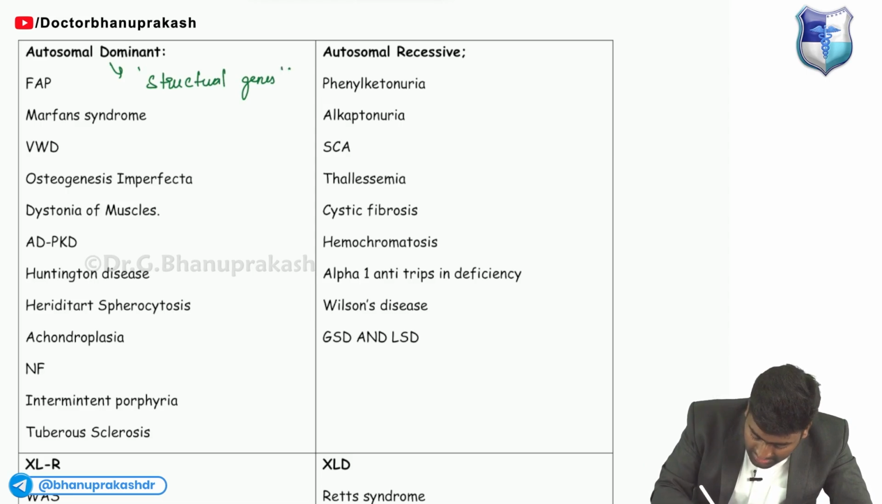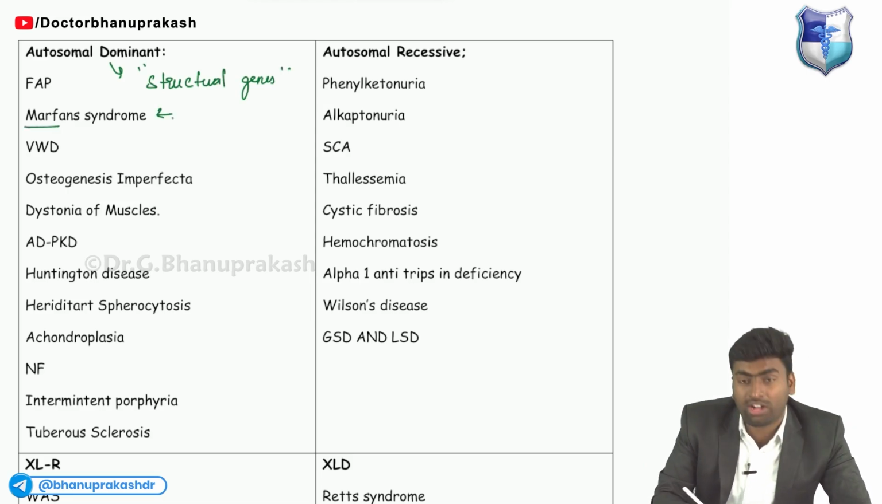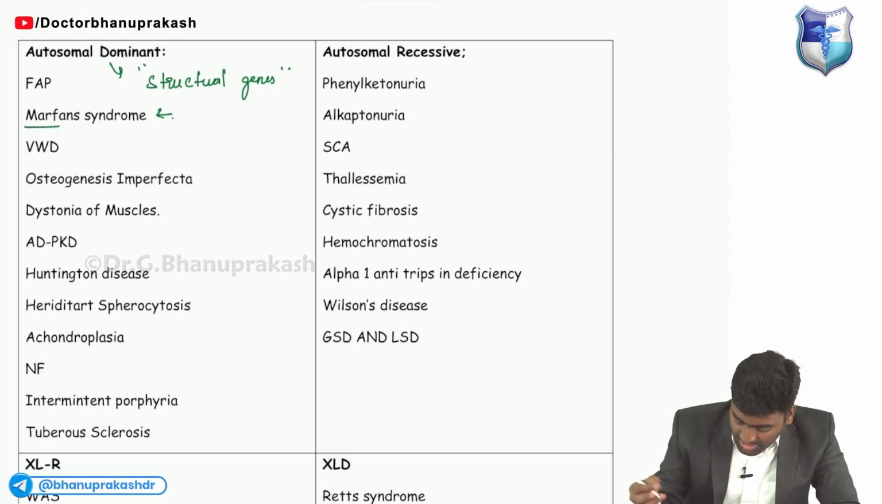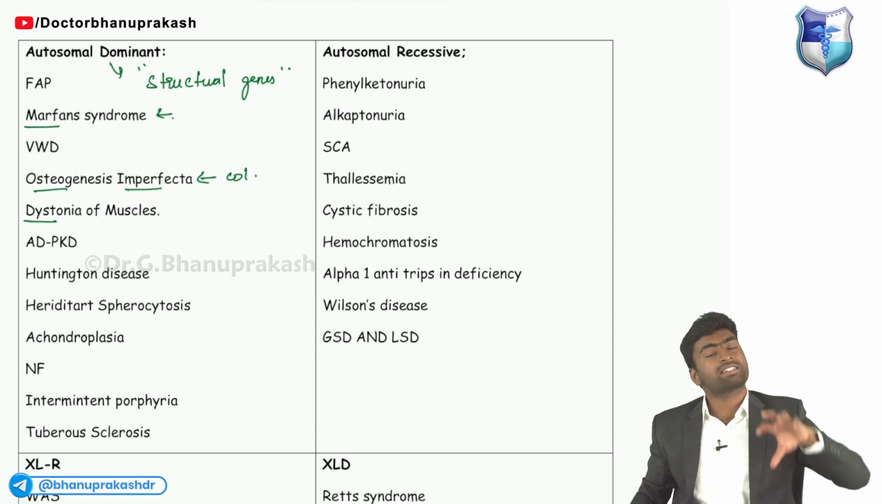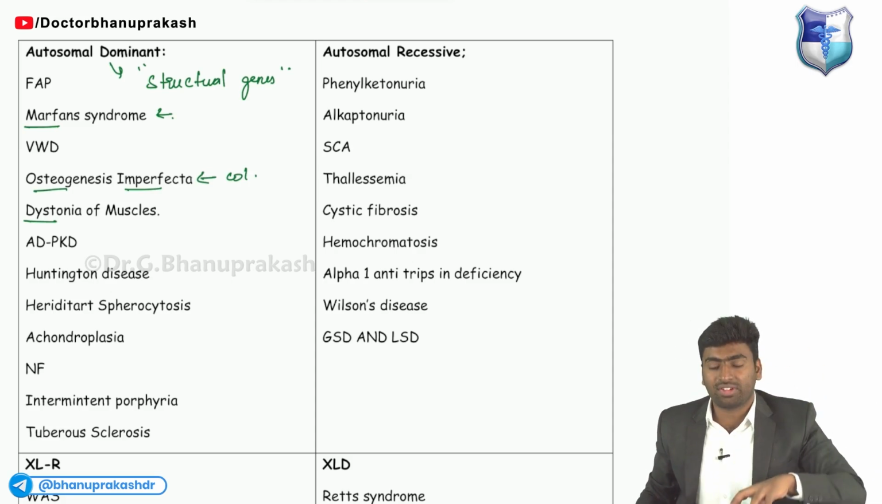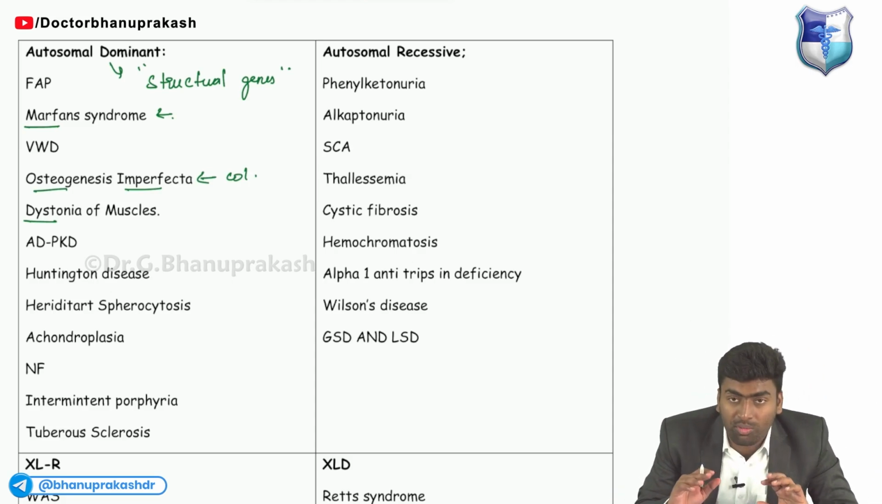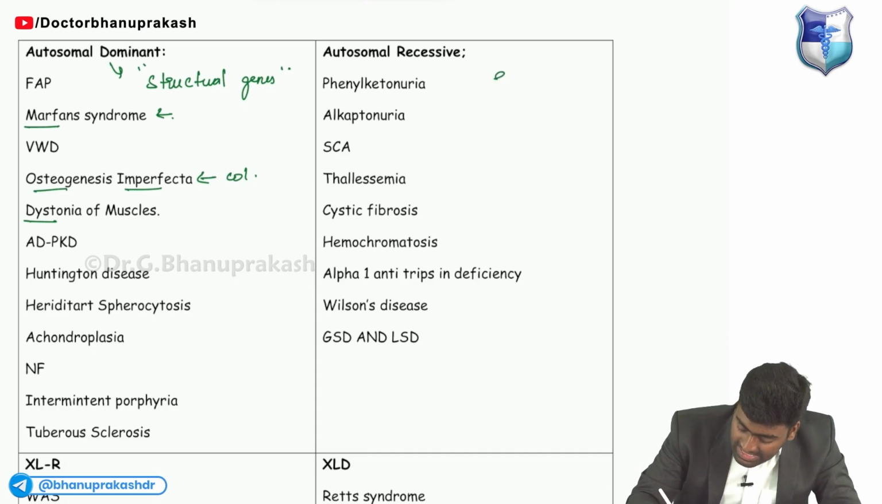For example, in a case of Marfan's, there will be involvement of the elastin genes, whereas in a case of dystonia and osteogenesis imperfecta, there will be involvement of collagen. So if there is any structural defect, it will usually be autosomal dominant in nature. Whereas if there is any enzyme defect,